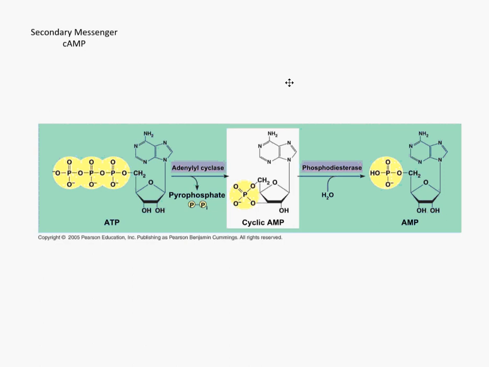Now let's talk about a second category of messengers. These are called secondary messengers. They're relay proteins within the cytoplasm of the cell. The most common relay protein is called cyclic AMP, and they move about inside the cell. They're waiting to relay some sort of